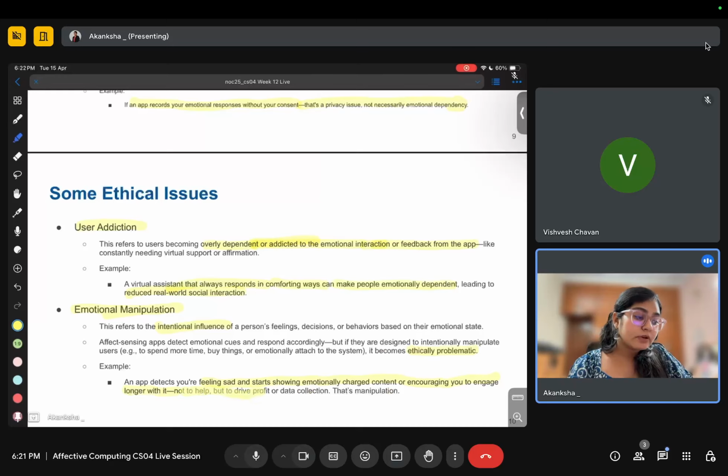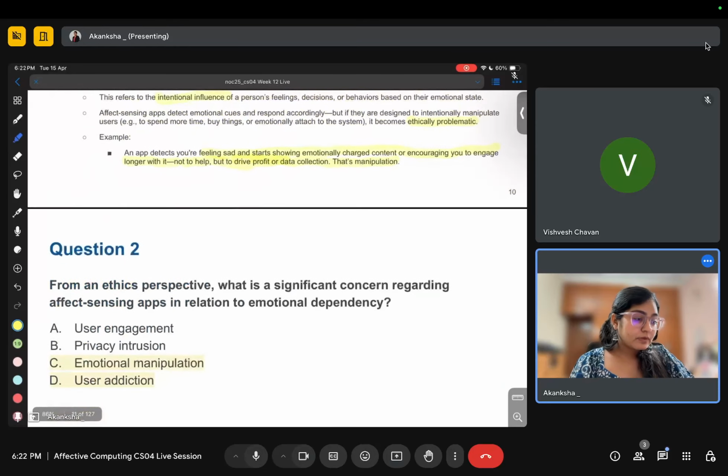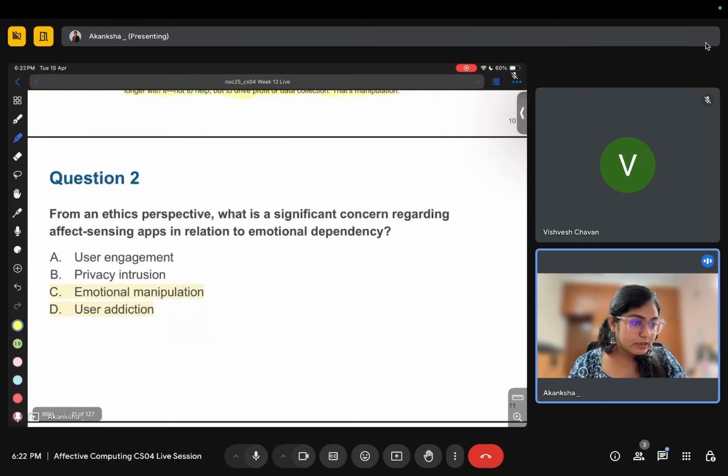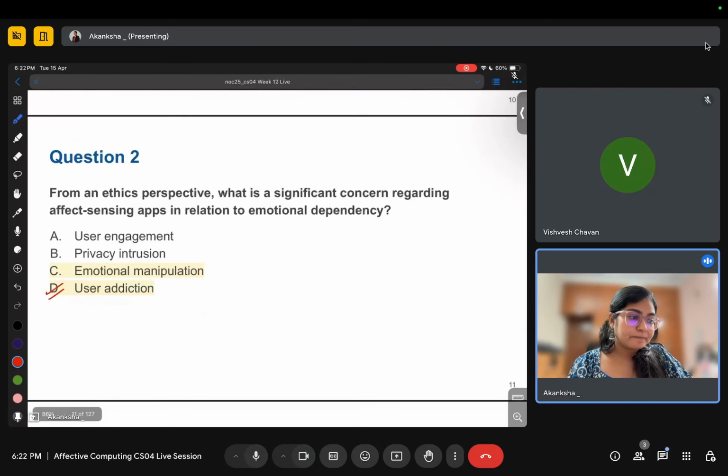It is not for your help but to drive profit or data collection. So that is manipulation. So I think the correct answer will be user addiction. Manipulation can also be there actually, but I think the better answer would be user addiction.